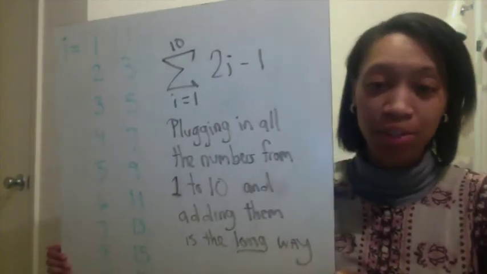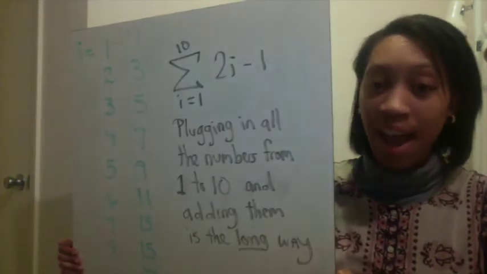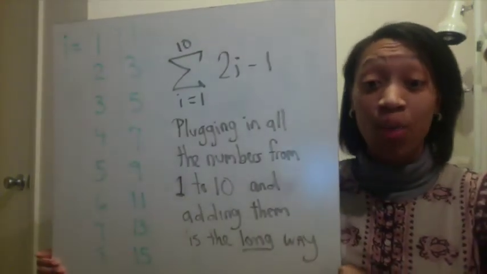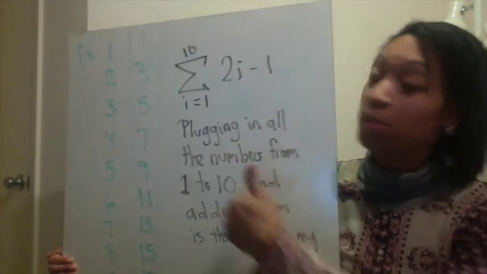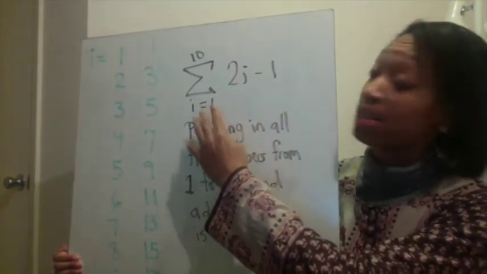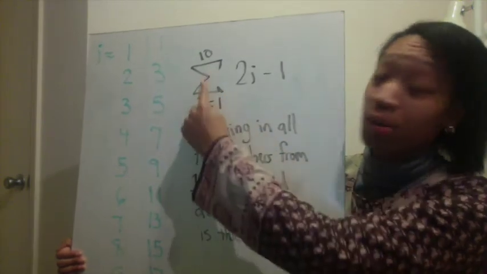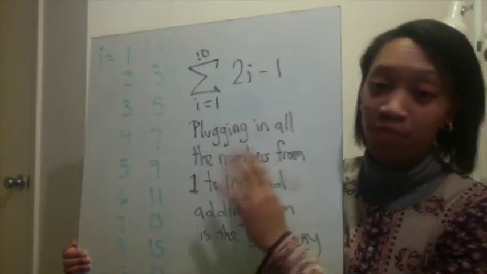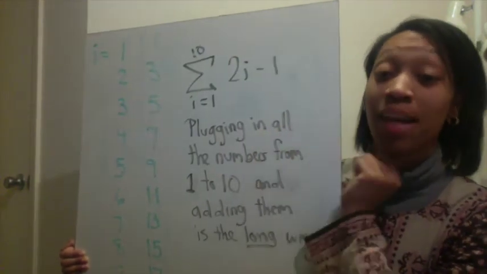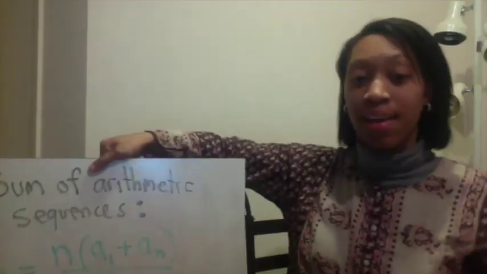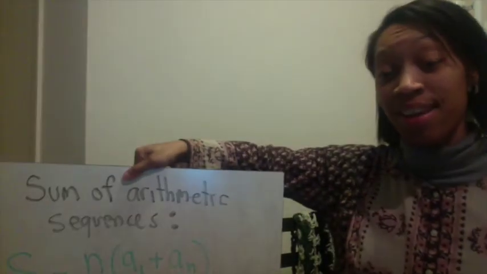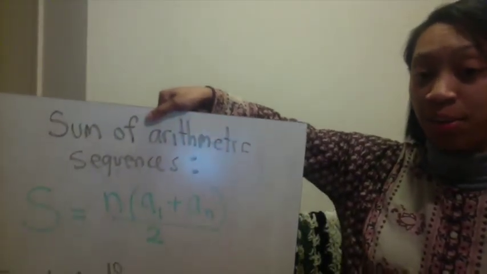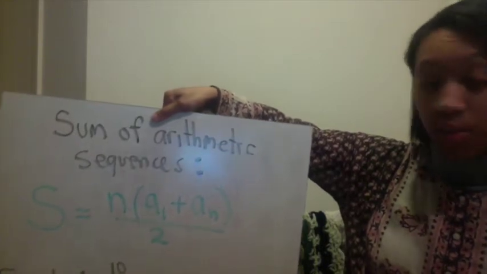plugging in the numbers from 1 to 10 and then adding them all to get the answer, to find the summation, that's definitely the long way, all right? And that's not what I want you to do. When you see this formula and they ask you to find the summation of this formula from 1 to 10, you don't have to plug in the numbers 1 through 10. We have a shortcut. And that shortcut is the sum of arithmetic sequences formula, which is that the summation equals